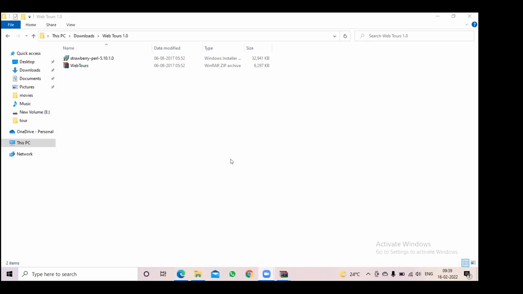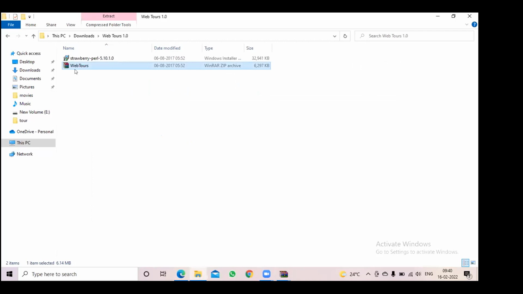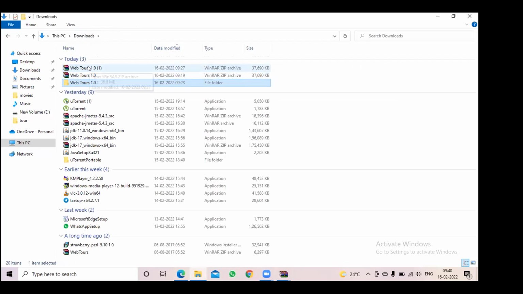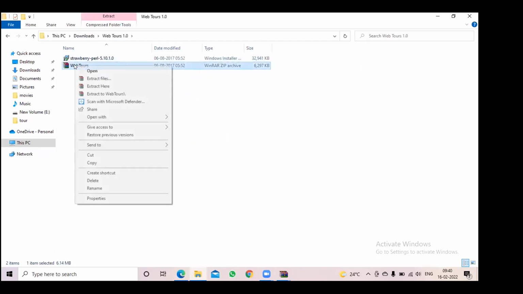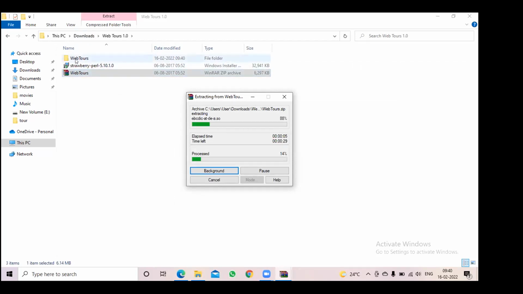So first extract that WebTools again. See, this is a zip file. Okay, so wait. Let me send a request. Okay, I sent a request. Can you please approve it, Suraj? Okay, close this one. So this is a zip file again. See, inside the zip file, you see webtools is a zip file. So when you extract that, this is the folder that you got. Again, this is a zip file. So right click on that and use this option, extract to webtools. Right now it is extracting the zip file.